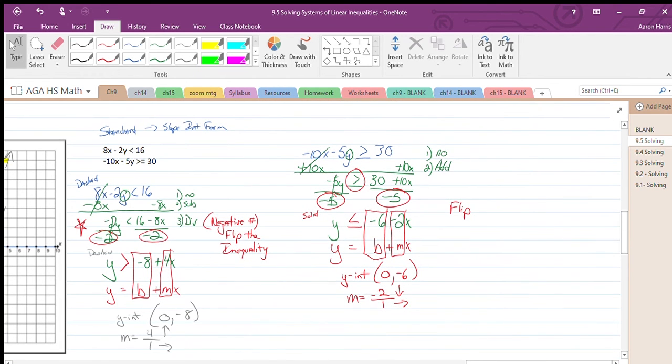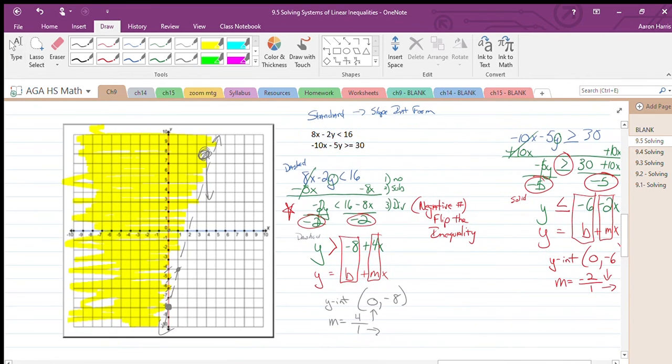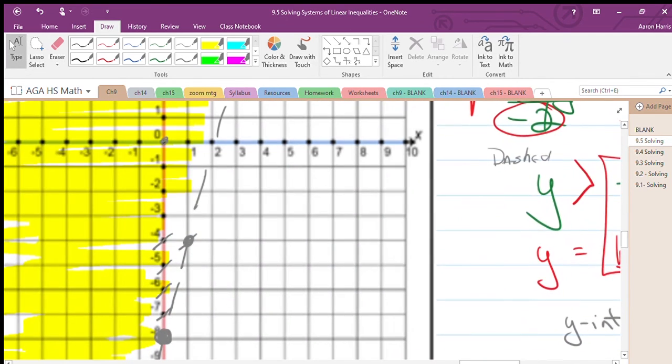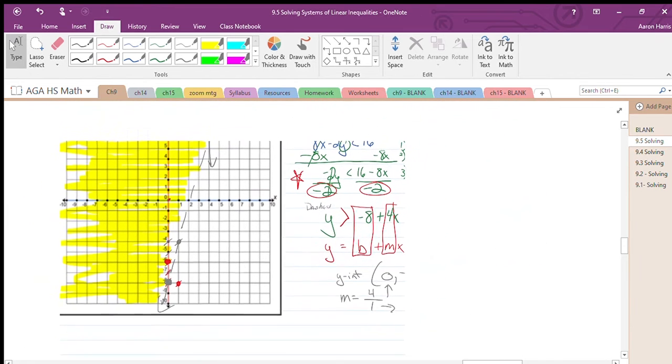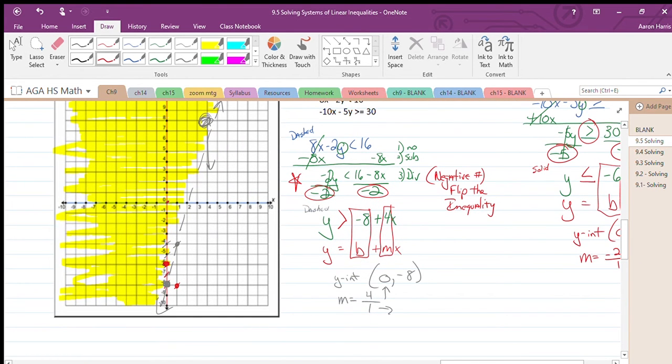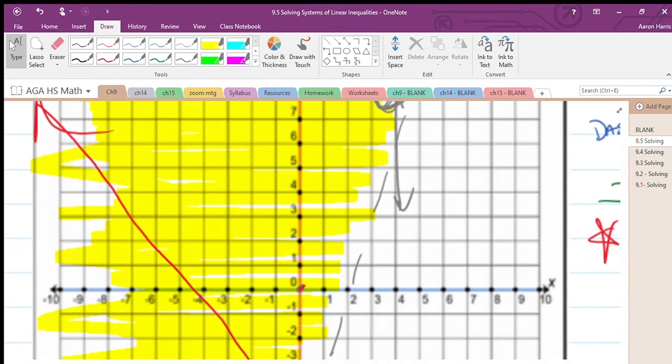So now, I know it's a solid line. I need to start where? 0, negative 6. So here's 0. Here's negative 6. It tells me to go down 2, 1, 2, to the right 1. There we go. And instead of a dash line, I'm going to get a what? That's right. Solid line. I get a solid line. Now what do we do? Without fail, still draw